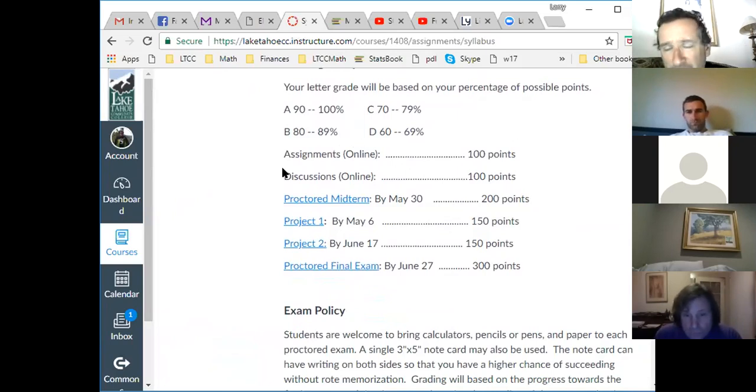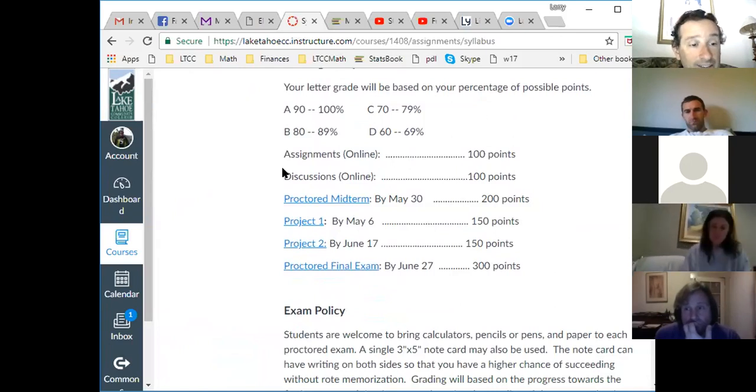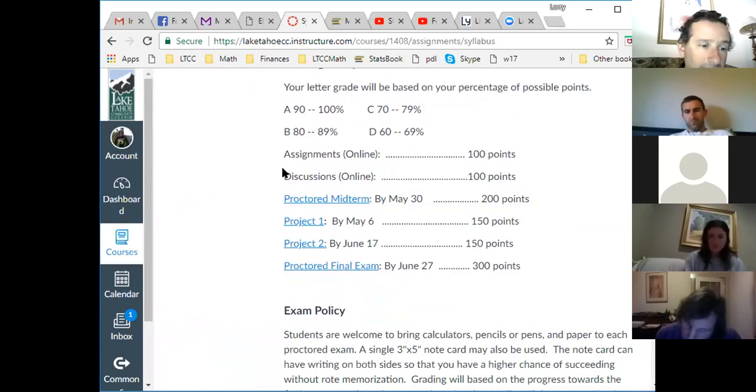A lot of the discussion post assignments involve going online, finding an article that relates to what we're doing that week, posting the article, and then going online and analyzing one of your classmates' posted articles and doing the statistics or talking about how the article did the statistics. And I'd say 3/4 are like that. There's a couple where you just have to post a problem. You make one up and you post it. But most of them are that.